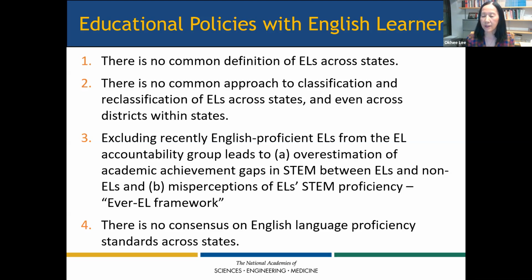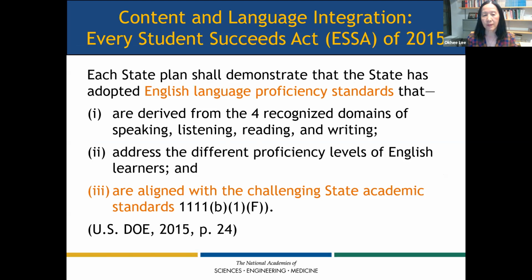That's the way it's written. So I wanted to just alert you of the limitations of English language proficiency standards. If I have another webinar, I'll be happy to go over it, but it's limited. Now, it is an issue that there is no consensus, because according to federal law, English language proficiency standards should have three components. That it should address four domains of speaking, listening, reading and writing.